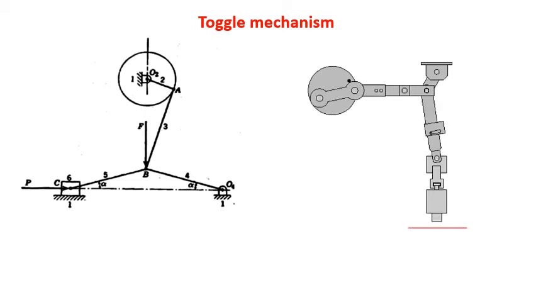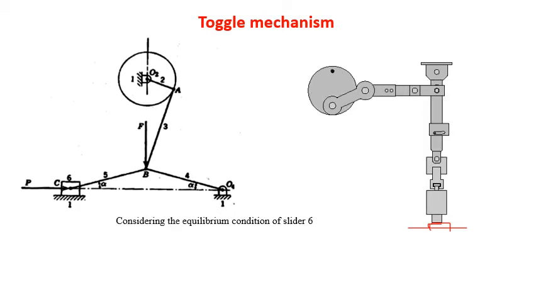So here we have a crusher, which is crushing the object. Usually we use this toggle mechanism in a stone crusher, punching machine, and riveting machine, etc., where the large resistance is to be overcome through a small distance. Next, we have to prove that a small effort is enough to overcome the large resistance.